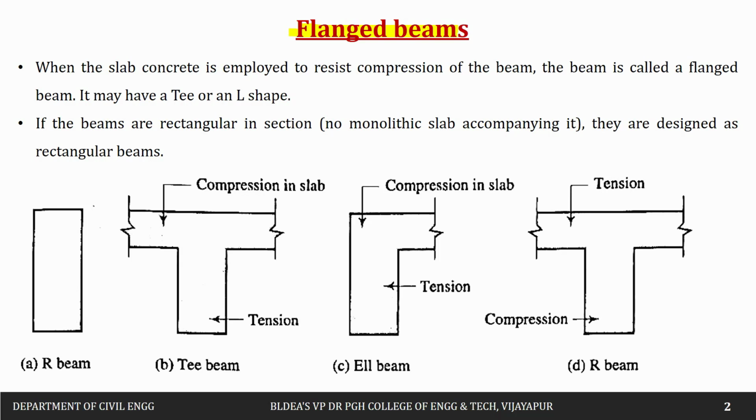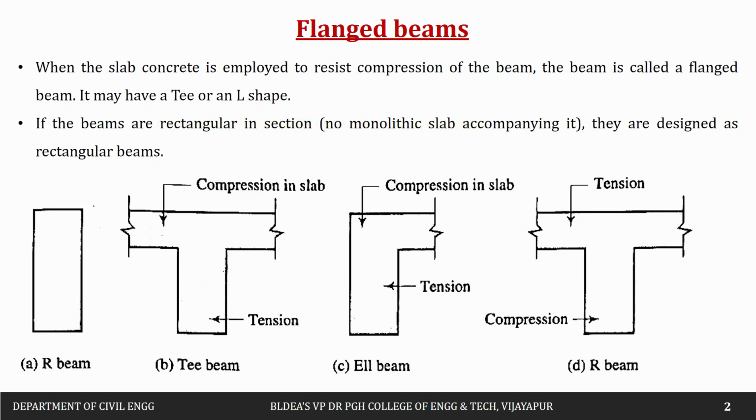When the slab concrete is employed to resist the compression of the beam, then that beam we can call a flanged section. Or whenever you monolithically cast the beam and slab together, we can consider it as a flanged beam. Otherwise, if it is non-monolithic, we can take it as a rectangular section and do the analysis and